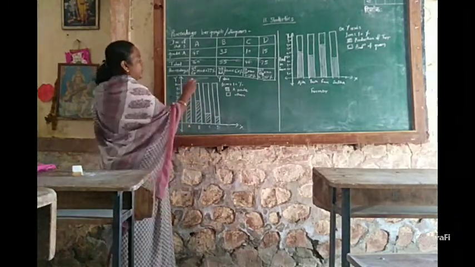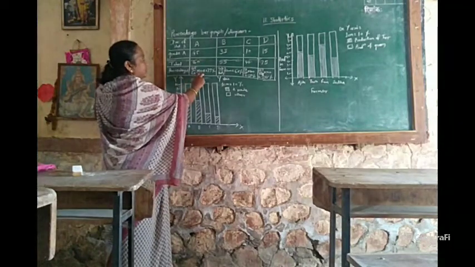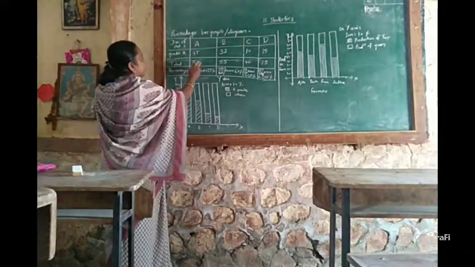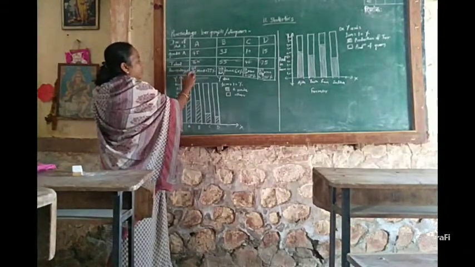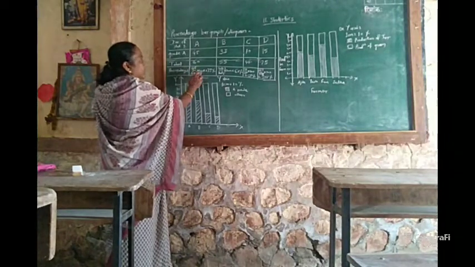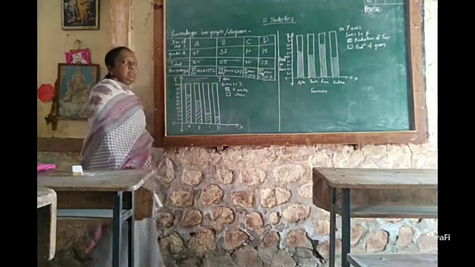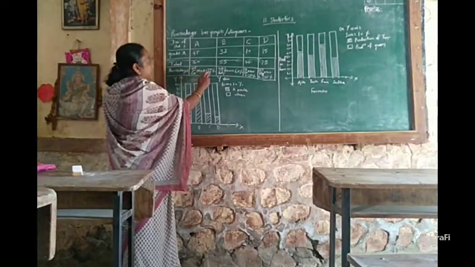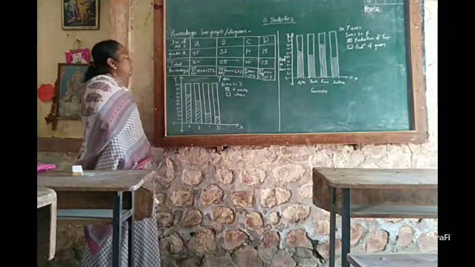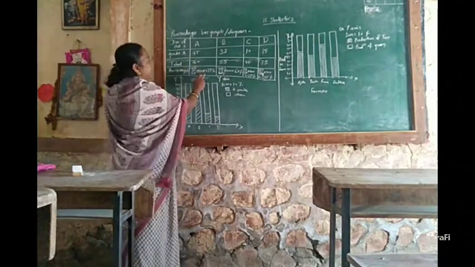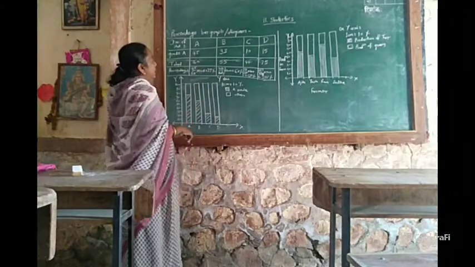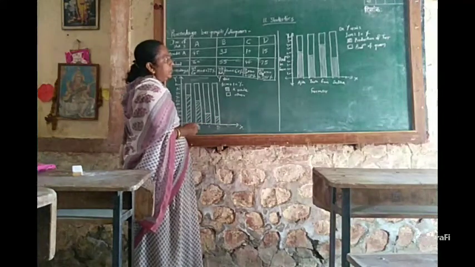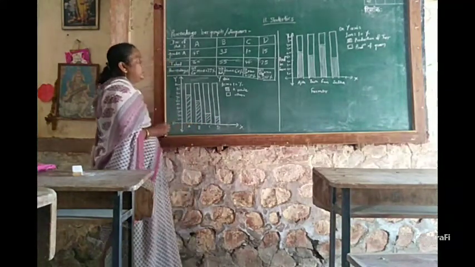Here we have to draw the percentage of the students who secured A grade in the subject. While writing the percentage, you have to use this formula. In this, 45 students secured the A grade and total students are 60. For this, we calculate 45 upon 60 into 100. That means the total students are placed at the denominator, and the number of students who secured the grade is placed at the numerator, multiplied by 100. We find the percentage of the students who secured grade A. Here in A division, 75% students secured A grade. In B division, 60% students secured A grade. In C division, 25%, and in D division, 20% students secured the A grade.